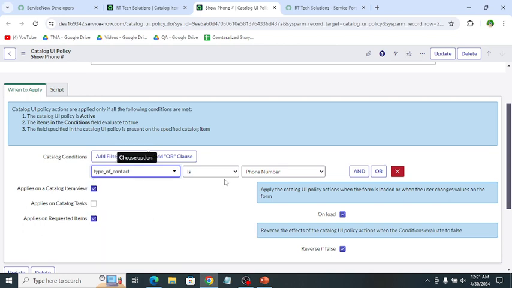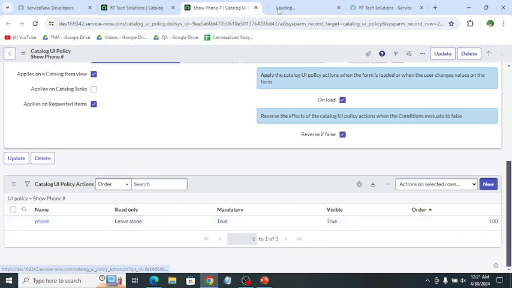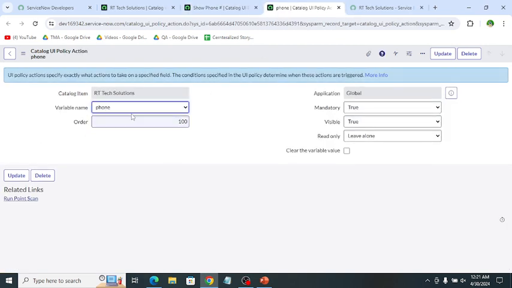If the type of contact is phone number, then the action is in UI policy actions. I select the variable name phone because I want to perform the action on this field, so it makes it visible and also mandatory.